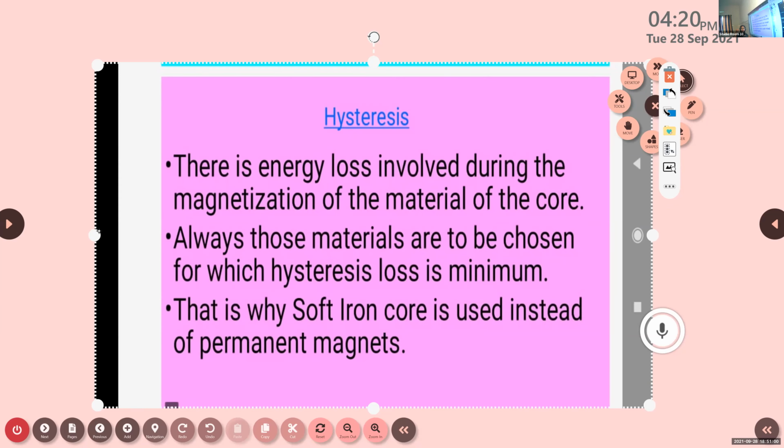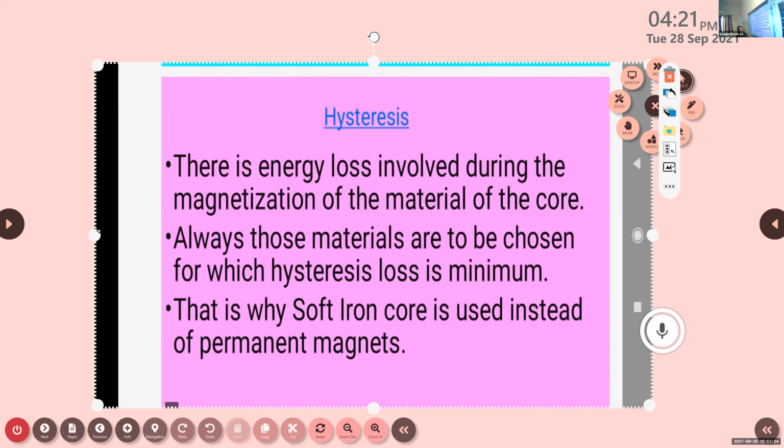For the first half cycle, it has the maximum value of current. For the next half cycle, it is the minimum value. Then for the next half cycle, it is again maximum. So it changes its direction and magnitude in alternate intervals, with back and forth flow of the current. As a result, the permanent magnets get magnetized and demagnetized. This is what is known as hysteresis loss.